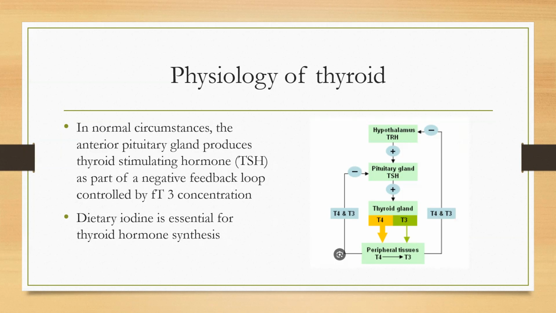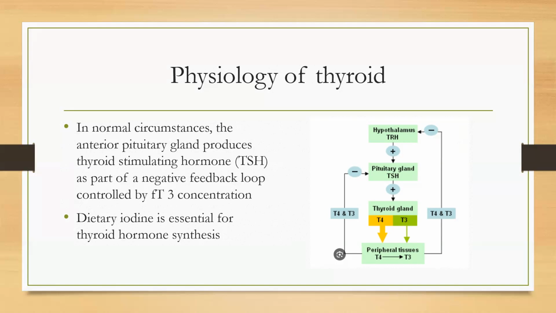If the TSH is increased, it may be because of thyroid, in this case the thyroid is not working. So the pituitary will release more TSH to act on the thyroid to release more T4, T3. So in these patients, their T3, T4 levels are below the normal range and TSH will be increased.